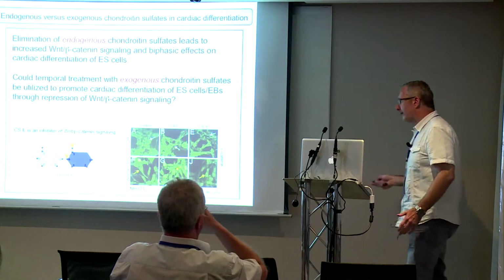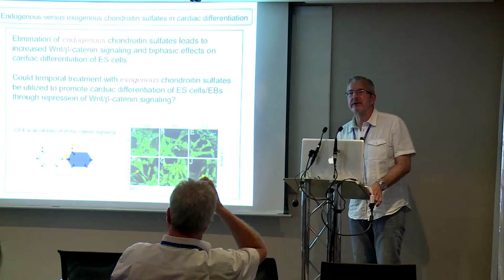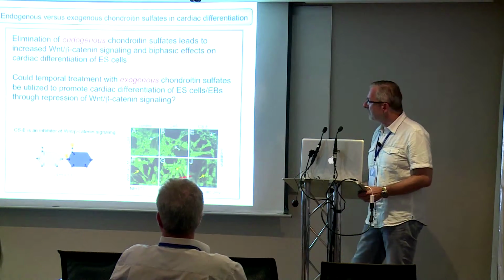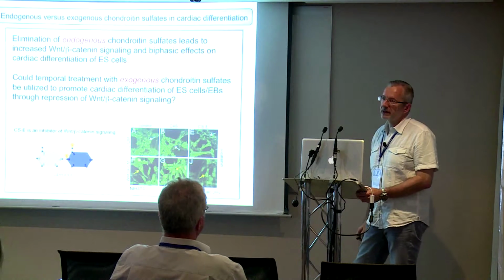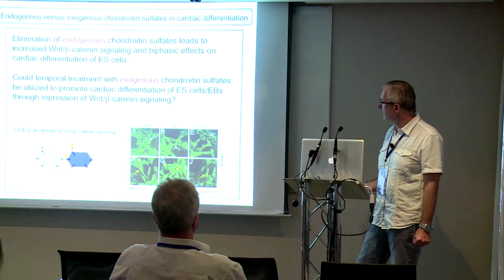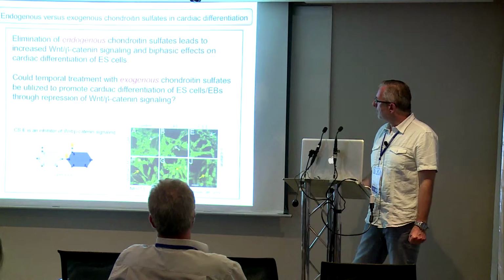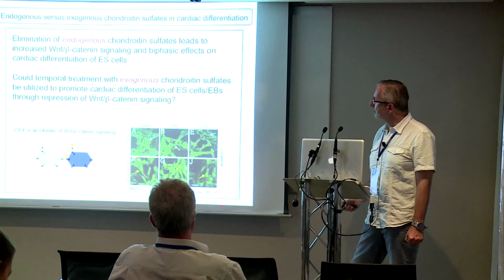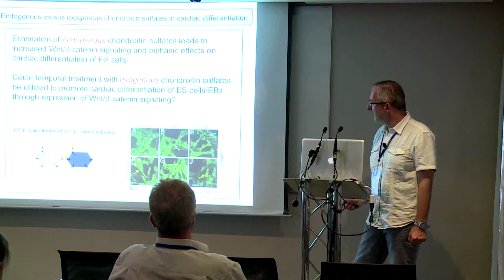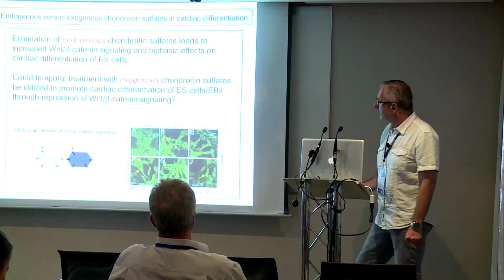And we and others have shown before that this CSE I mentioned in the beginning, the double sulfated CSE, actually does repress Wnt beta-catenin signaling quite drastically. So this is a paper we had in 2012. These are fibroblasts now. When you treat them with normally a control condition medium or Wnt3a condition medium, so here you stimulate the Wnt pathway, the canonical pathway,